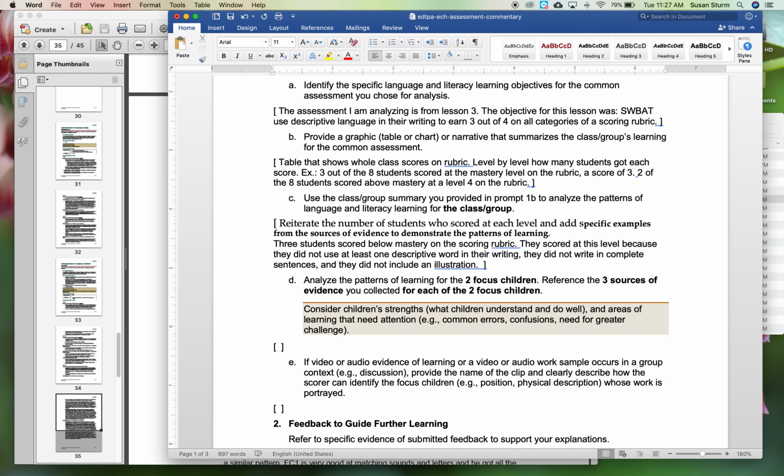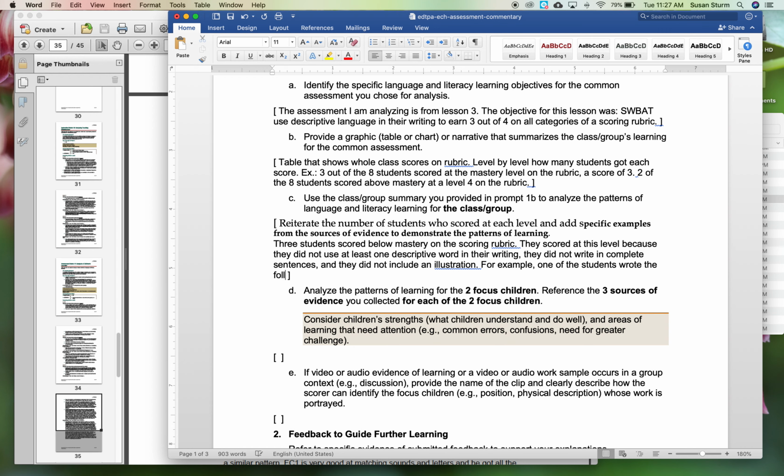And then you would go into the example. For example, one of the students wrote the following in his narrative piece. And you would actually insert a quote from the student's work. That inserting of a quote is what's going to get you up to a level 4 on this rubric. So it's not hard to do, but you need to remember to put in the actual evidence and then do this again